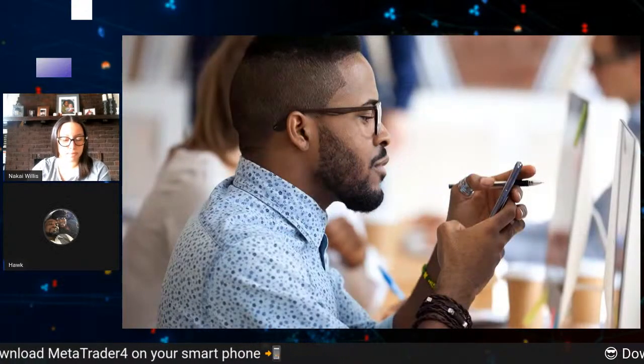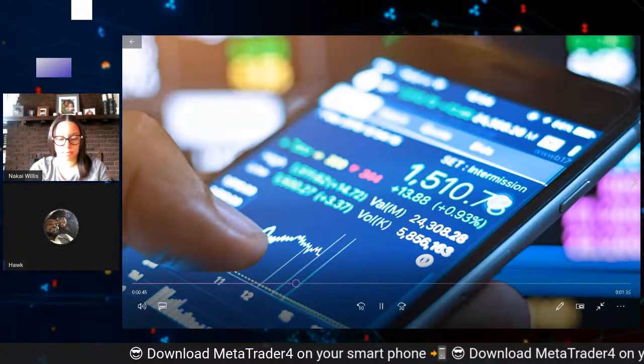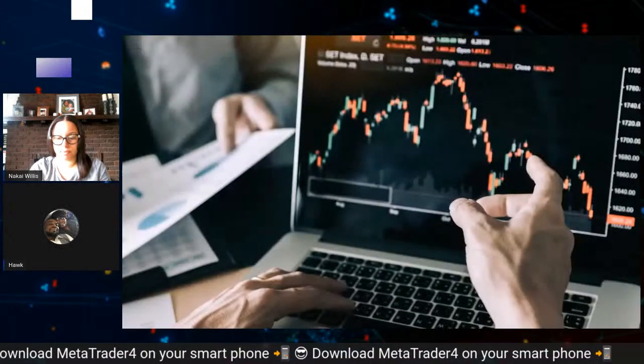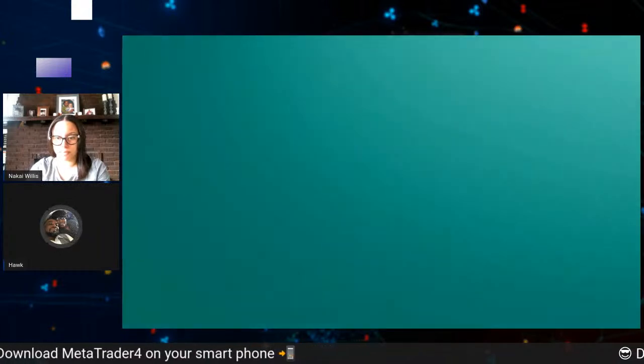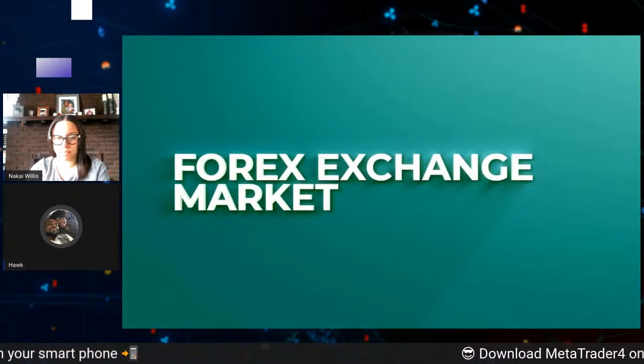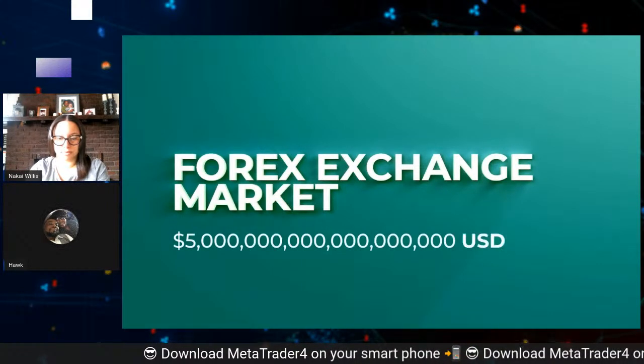As the decades passed and the discovery of the internet came along, Forex found its way online, where traders from all around the world began to trade currencies digitally to turn over profits from the comfort of their home. The foreign exchange market is the largest and most liquid market in the world, trading over $5 trillion a day,